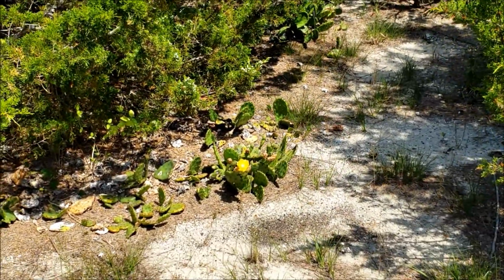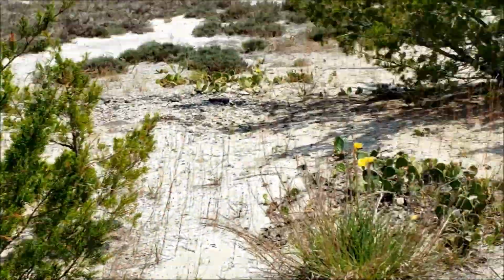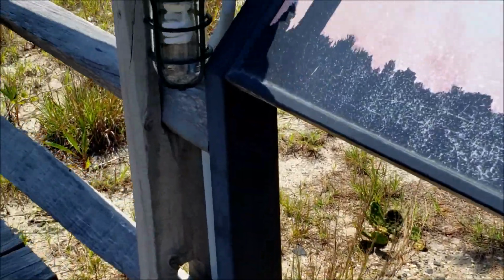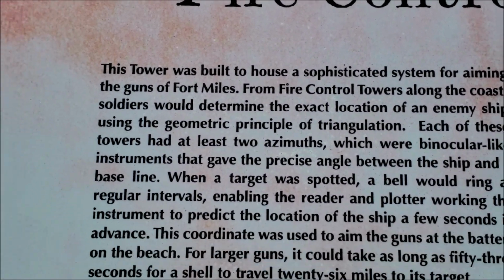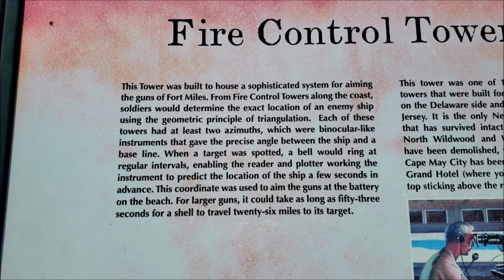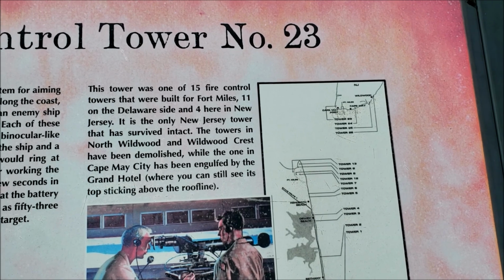Why is it so weird? It's not something that you see out in New Jersey, that's for sure. Or that you expect to see. Or you expect to see, exactly. Oops, sorry. Zoom. Yeah, they're all